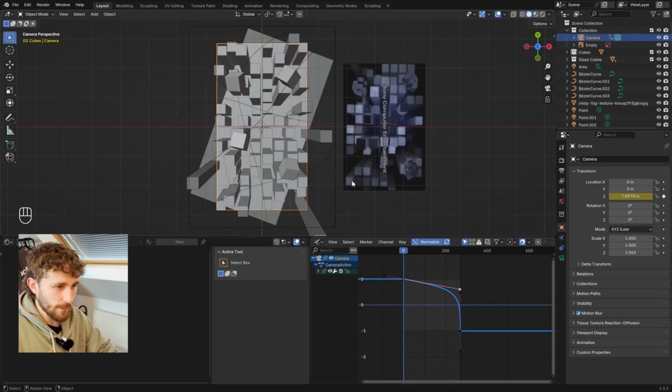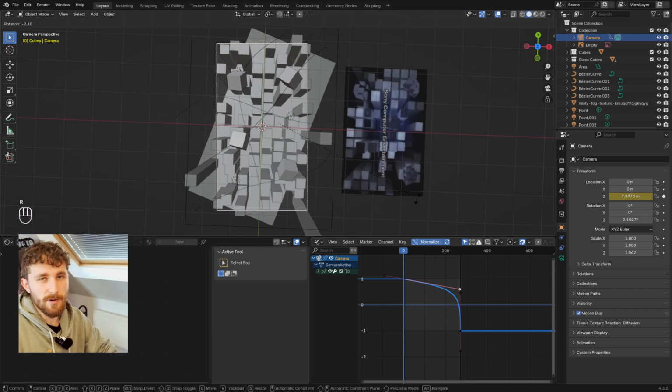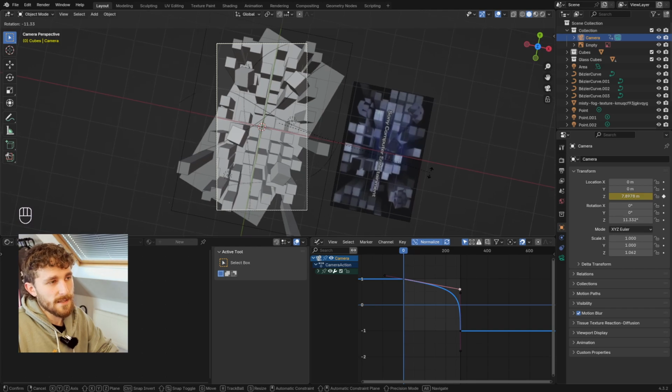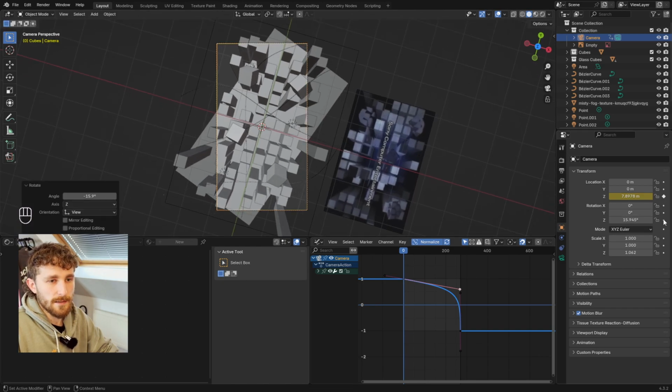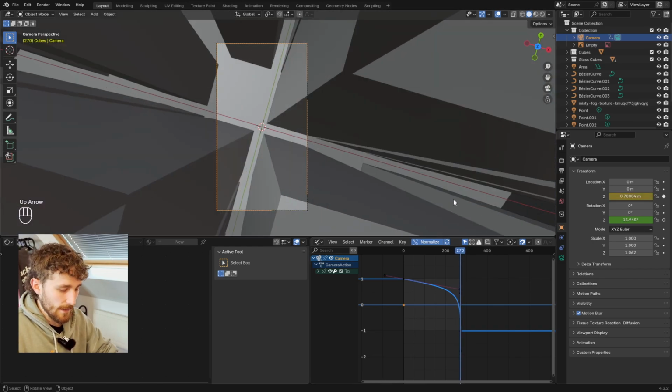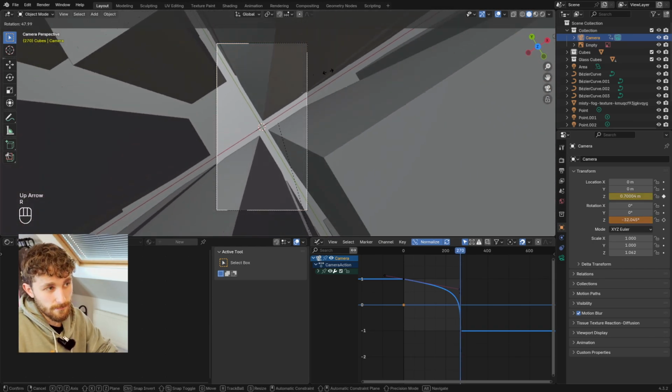But we can't fully tell at the moment because we haven't added rotation. So I'm going to, again, make sure the camera is selected. I'm going to rotate. You can press Z, but if you're looking in the camera view, it should be in only the Z axis anyway. So we're going to rotate it slightly to maybe about there. And we're going to add a keyframe for the rotation. We're going to come to the end frame and we're going to rotate in the opposite direction to about there